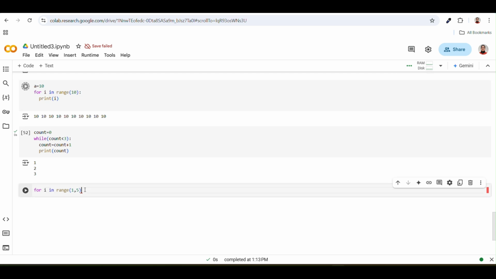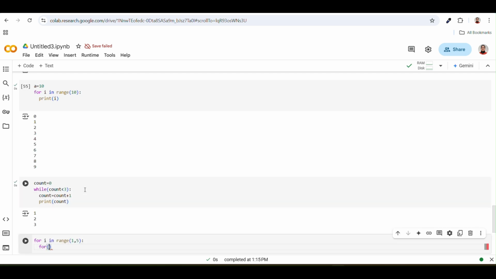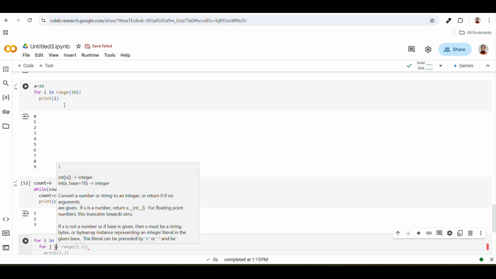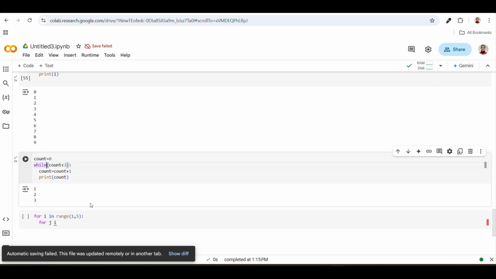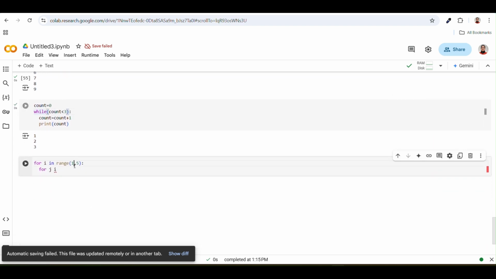Till that, we'll write this code. Okay. Now, for the nested for loop, I'm using for j. Sorry, for j. Now see, the result is 0, 1, 2, 3, 4. This means the index starts from 0 if you are writing just 10, and ends at 9. 0 to 9, 10 digits. Are you getting my point? So if you don't want it to start from 0, you have to define it from 1